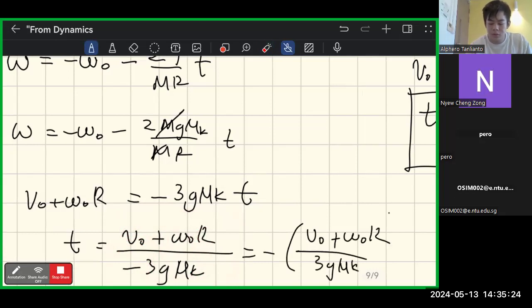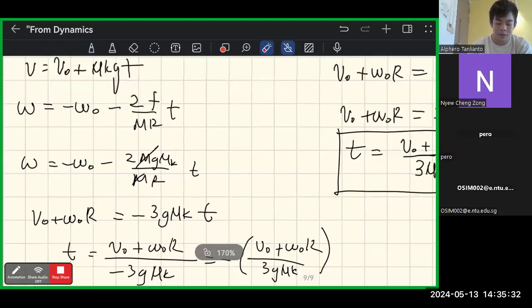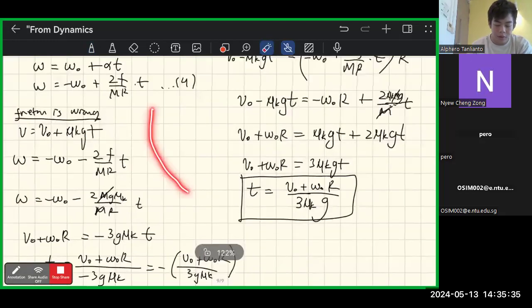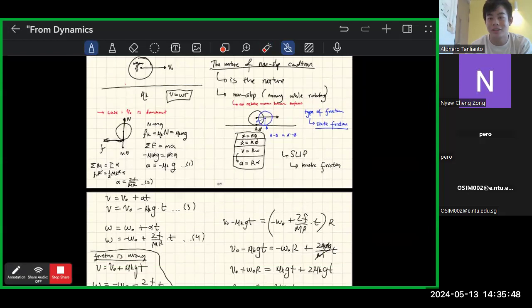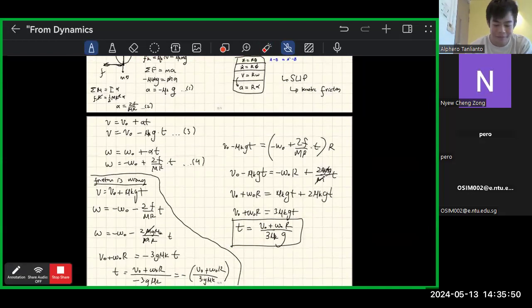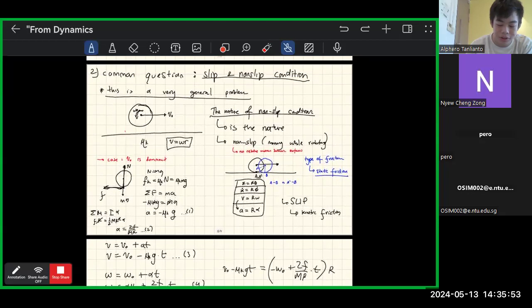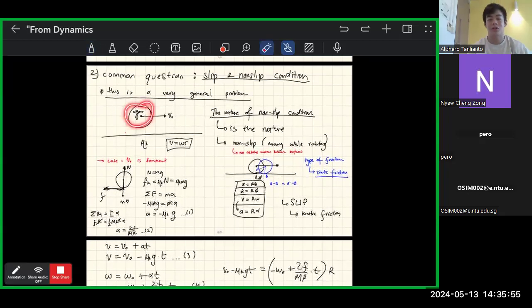Okay. Well, we have a negative time. You cannot go back to the past. You don't have a negative time. So this will happen if you choose the wrong direction of the friction. This is not a trick, but it's very hard to consider at first whether it is slipping or not slipping. If you're very desperate at the end of your finals and you find this kind of problem,